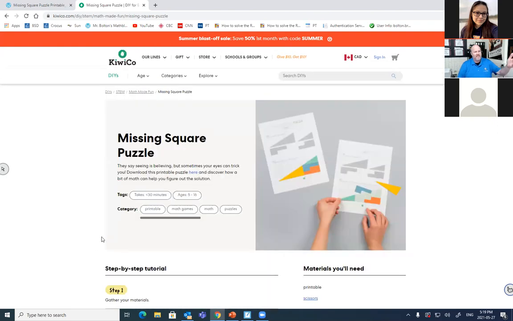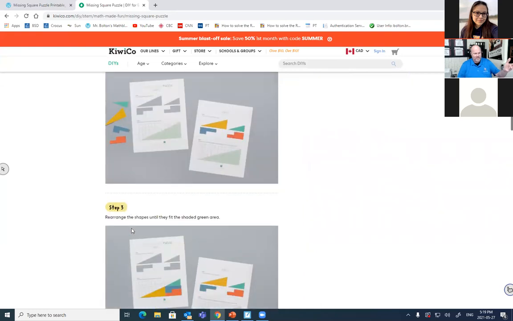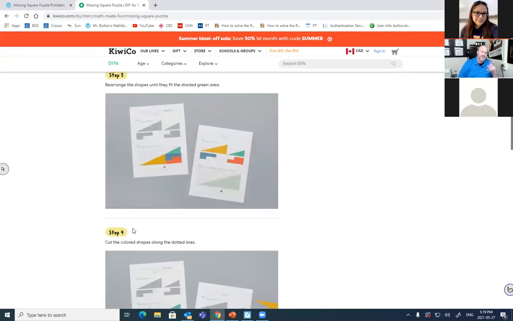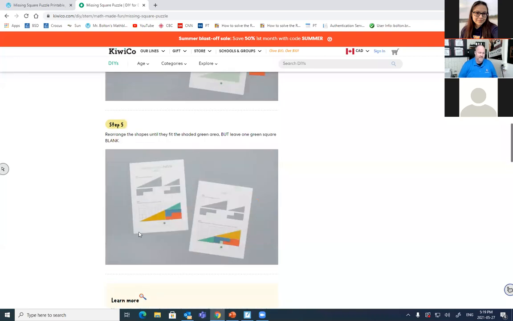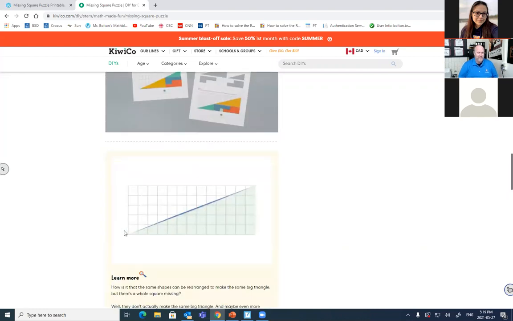So this one, this Kiwi company, you can look at the missing square puzzle. You can print that off and actually cut out the pieces. It'd be really nice if you did this at school and had a color printer, then you could set it up for the kids. This puzzle would keep them busy for quite a while, but it's also